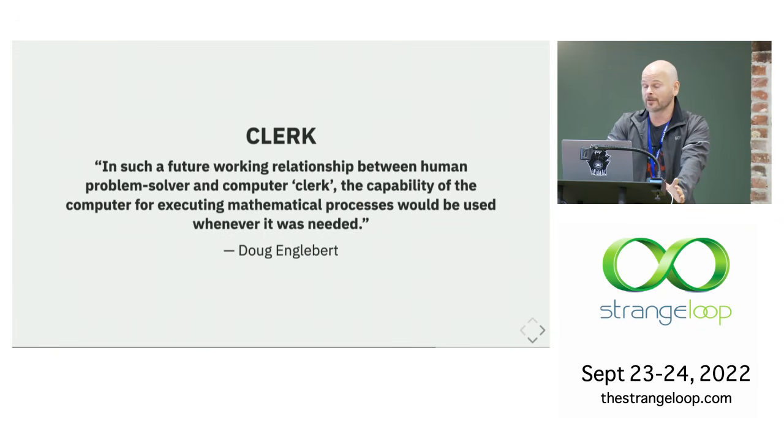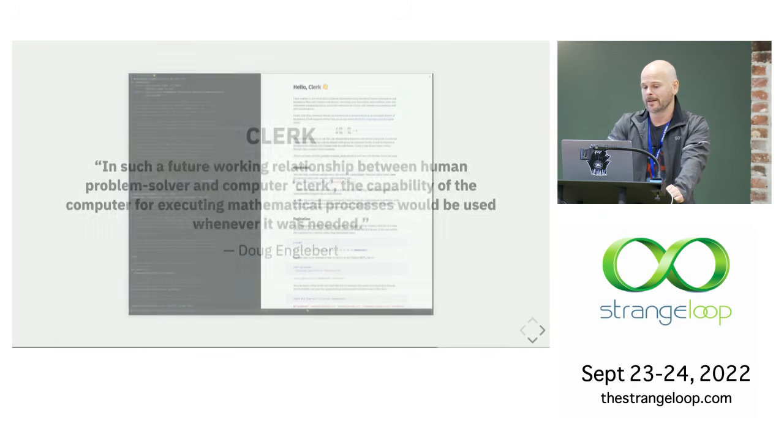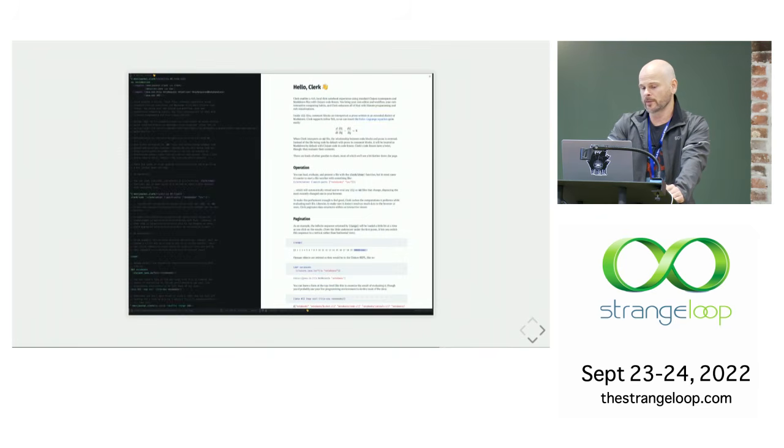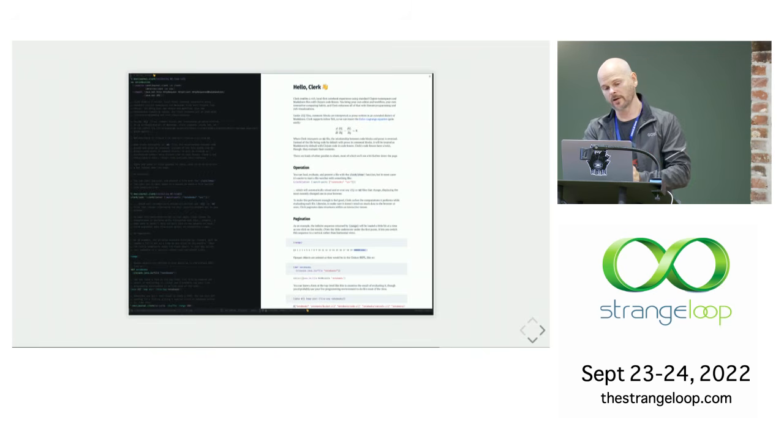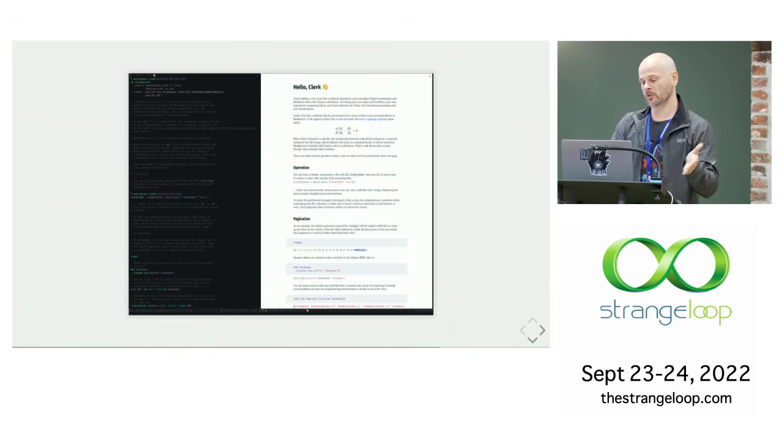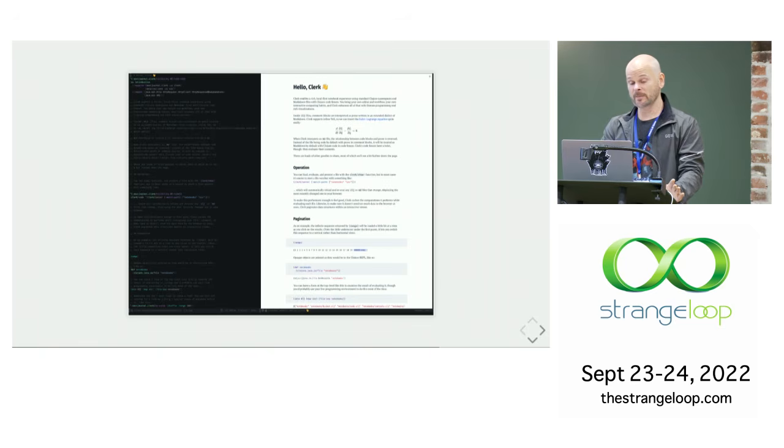There's also Clerk. Now, I'm a bit biased here. This is something I work on. This is something I've been working on for the last year with the team at Nextjournal, but I think it is actually very good. So I'm going to tell you a little something about it. So this is what it looks like when you're working in Clerk. You've got whatever editor you want on one side, and then you've got a view onto the contents of the namespace you're working on off to the side. And this has some special properties.